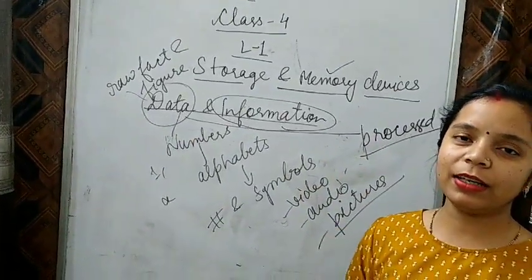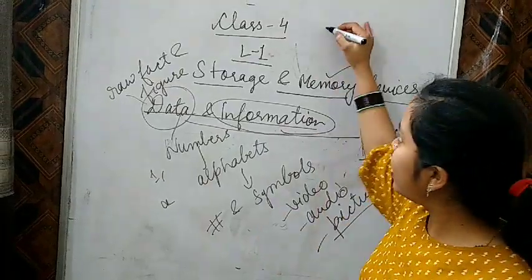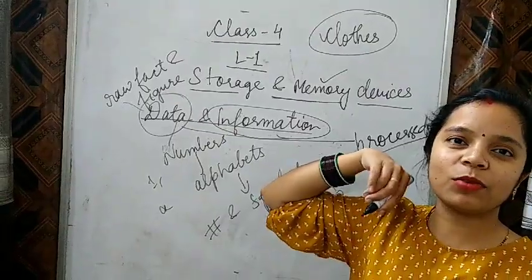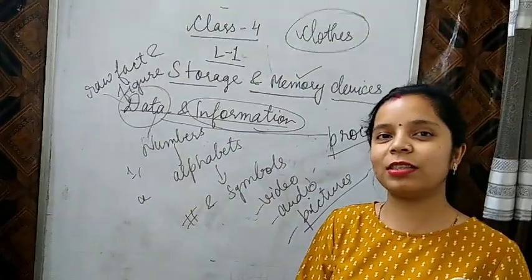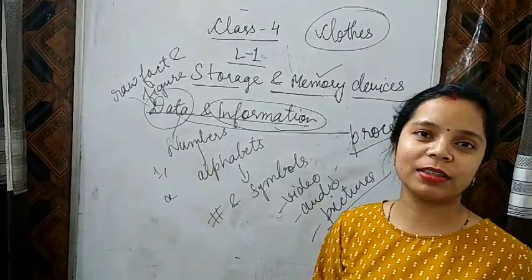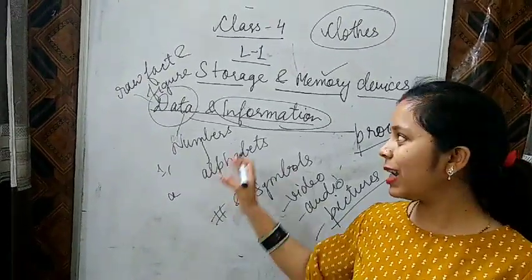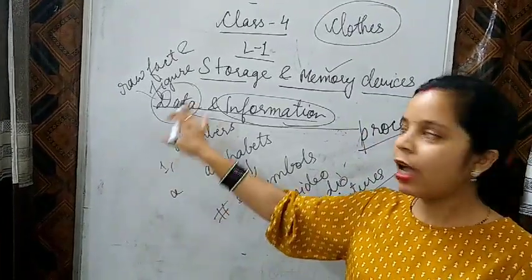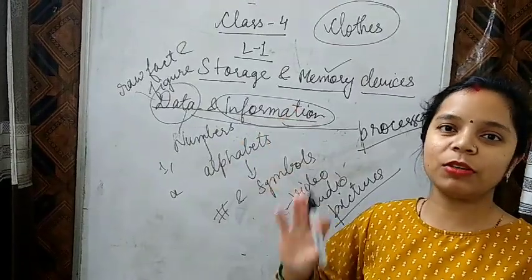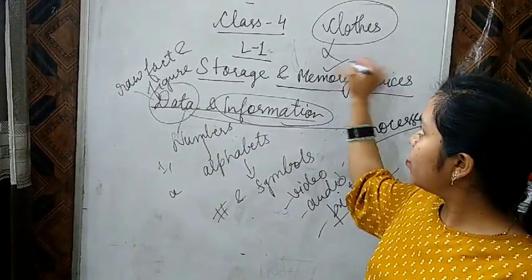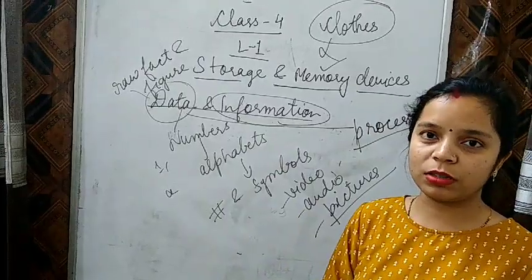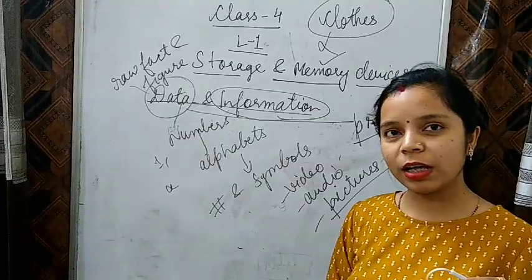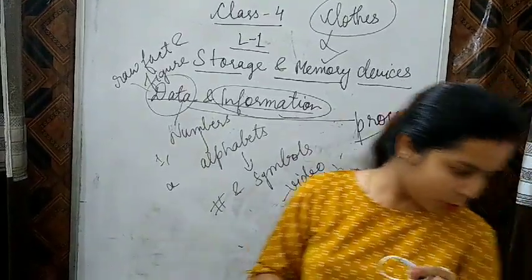Like you have seen tailor, when you buy the cloth, that cloth is your data. When you buy any cloth from the market, that cloth is your data. And when you give to tailor for stitching, and after that you get your dress, that is your information. So you can understand data like this only. The raw facts and figures in the computer, that is your data. And when we process that, that becomes information. Like I have told one example, the cloth is your data. And after that you get your stitched dress, that is your information.